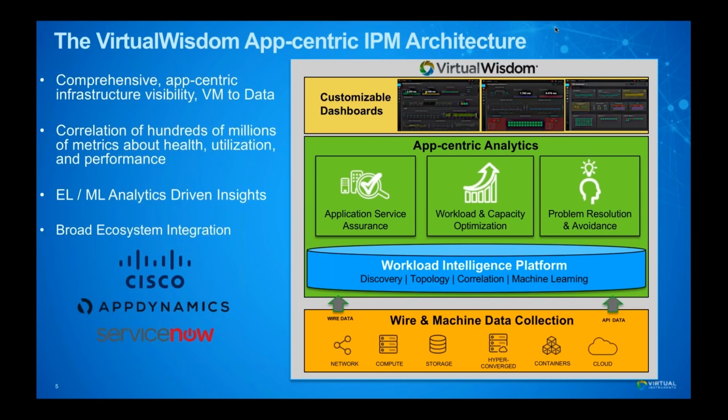And beyond that, I did talk about the fact that it's an ecosystem. And so not only are we integrated with Cisco on a hardware infrastructure perspective, but we're sharing context with AppDynamics from an application performance management perspective, and integrated with ServiceNow for ITSM automation and clean workflow. It's not about one vendor answering everything for you as customers. It's about the vendors that are critical to your ecosystem coming together to help you solve problems and deliver service levels and performance assurance.